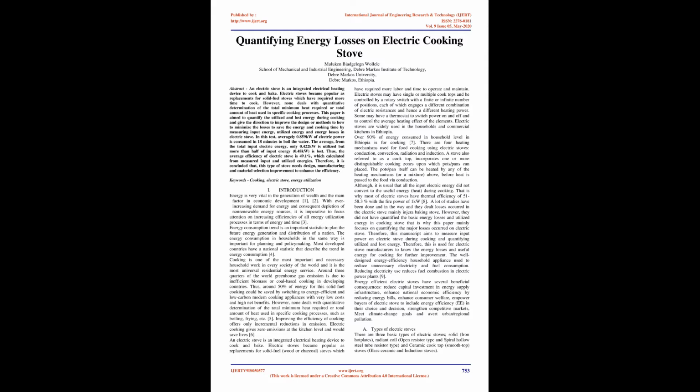Improving the efficiency of cooking offers only incremental reductions in emission. Electric cooking gives zero emissions at the kitchen level and would save lives. An electric stove is an integrated electrical heating device to cook and bake. Electric stoves became popular as replacements for solid fuel, wood or charcoal, stoves which required more labor and time to operate and maintain. Electric stoves may have single or multiple cooktops and be controlled by a rotary switch with